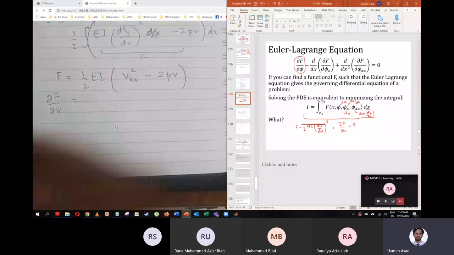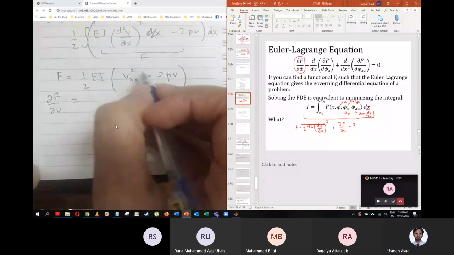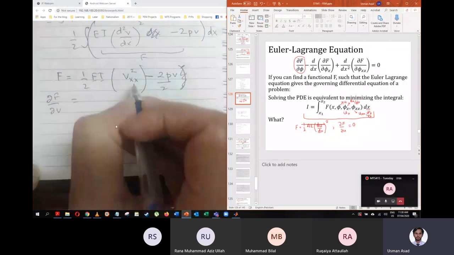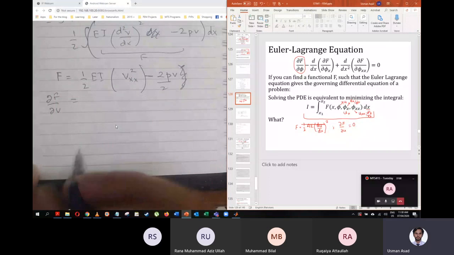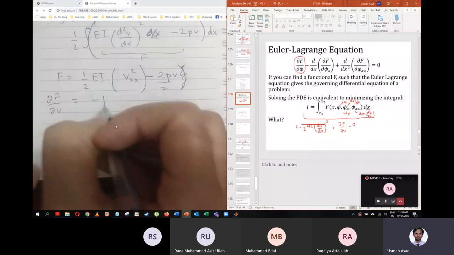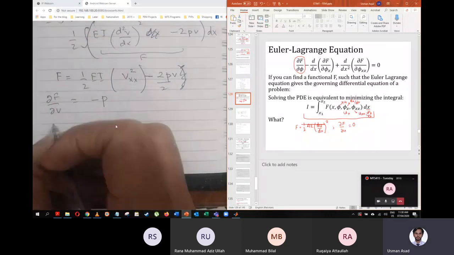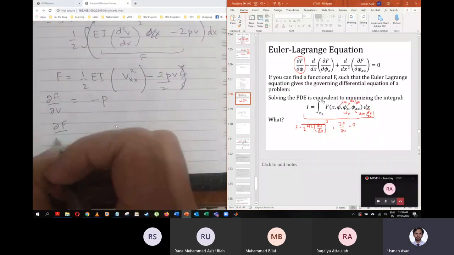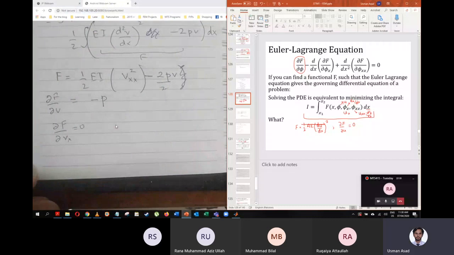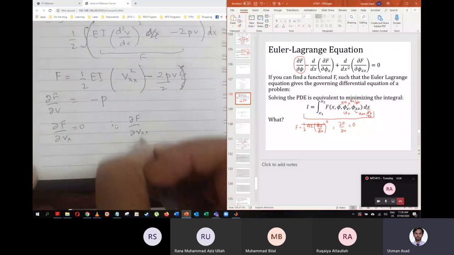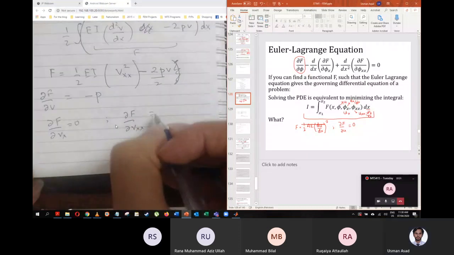By the way, these brackets went up to here; only this ei term goes with it. Okay, so this is just going to be equal to minus p. Partial f by partial vx is going to be equal to 0, right? I hope you can see, in the definition of f there is no vx. Partial f by partial vxx, the double derivative, is going to be equal to